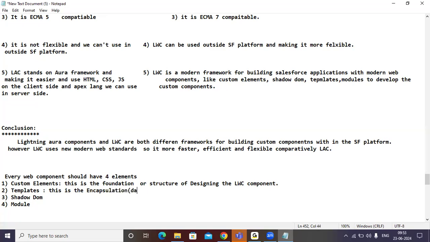Encapsulation means combination of data members and member methods. Yes or no? Like that, this is the encapsulation. Here we are not using data members and member methods. We are combining the designing, styling, or I can say a combination of both.